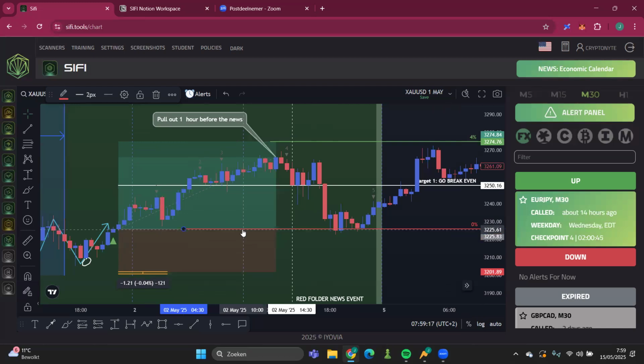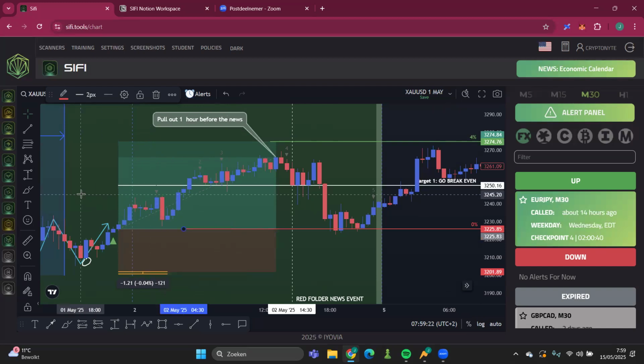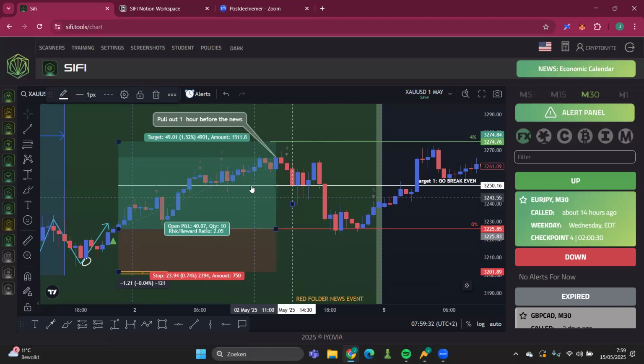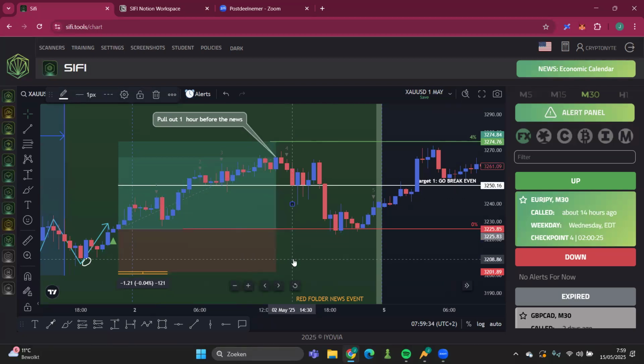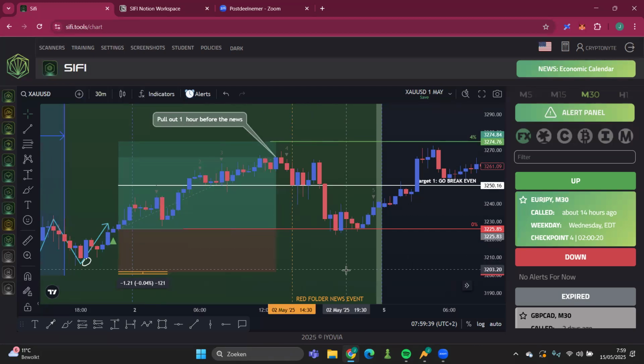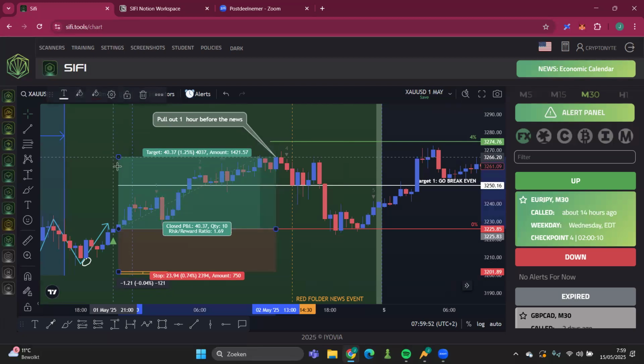Same thing over here. And then the last thing, and that's the trade management thing, and that's why I like this example, is when we have a heavy red folder news event. I'll put this in orange so it pops out a little bit more. But when we have a heavy red folder or high impact news event, we don't want to be in the market. Okay. So we get out of the market 1 hour before. So that's 2 candles before. So in this case, we got out right here,